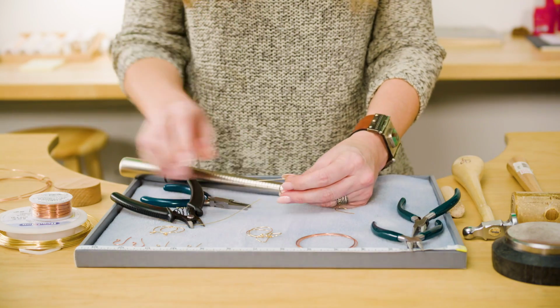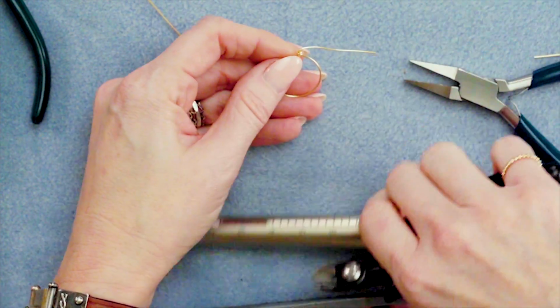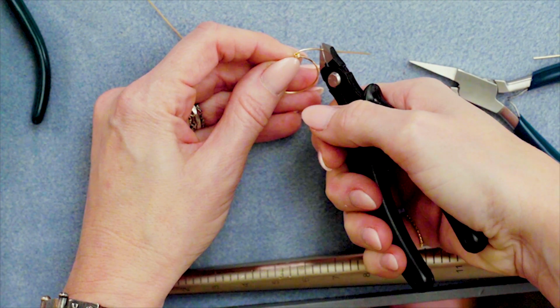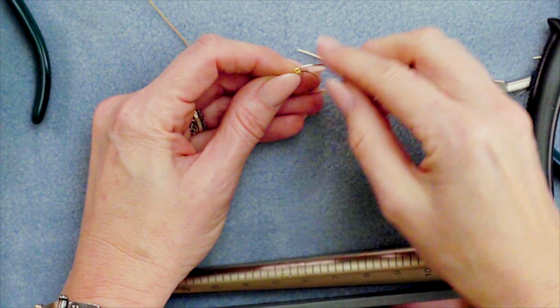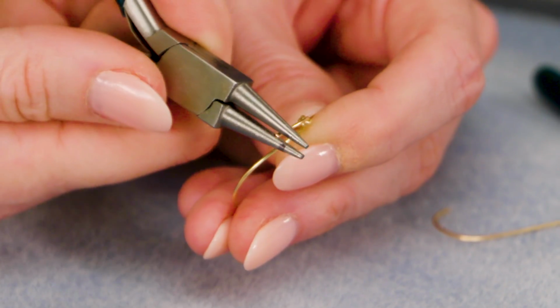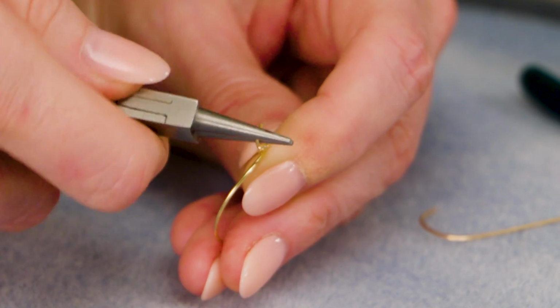At this point, all we have left to do is make a little loop at the top. So you're going to take your flush cutter and you're going to trim this wire. I usually trim it about 3/8 of an inch long, and you can measure that if you want to. I am not a big measurer, I just kind of guess every time, but you can see I've got it about 3/8 of an inch long right there, and I'm just going to take that round nose plier, I'm going to grab right at the end, and I'm going to roll this into